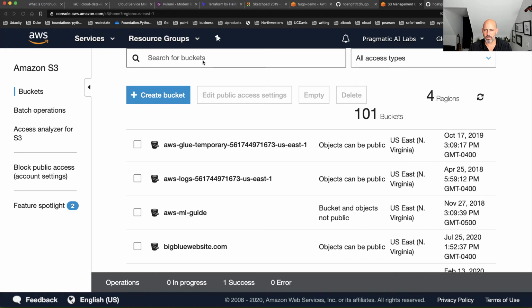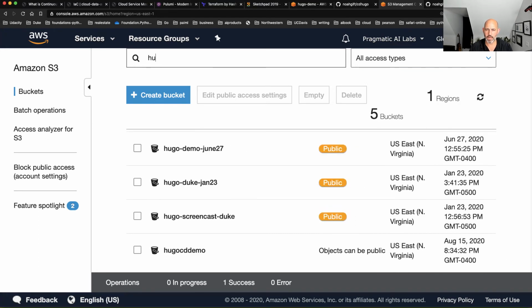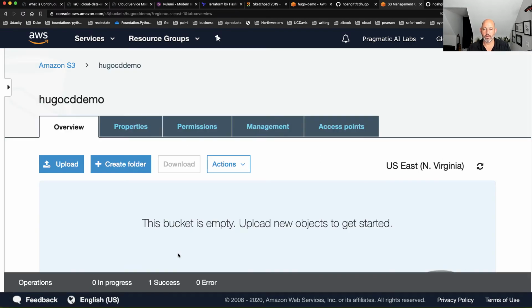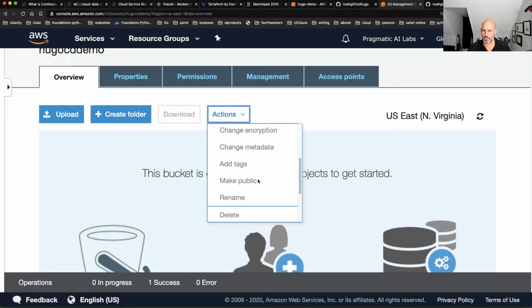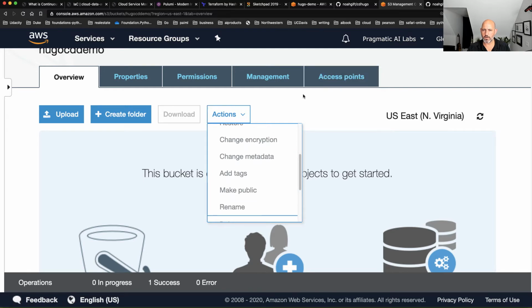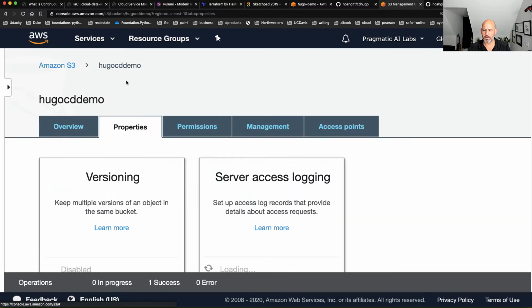Next up, I'm going to create a bucket policy. So I'm going to go to this Hugo bucket, and I'm going to tell it, hey, I want you to let me do demos and serve out websites. So I'm going to go to, I think it's under, it is under properties maybe.